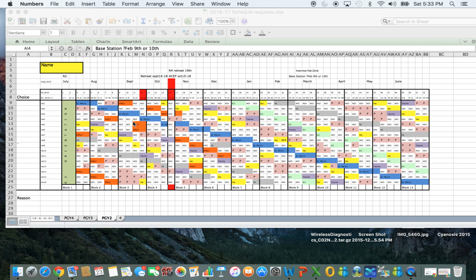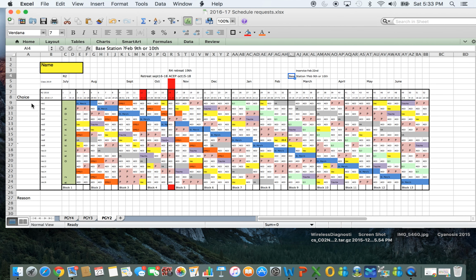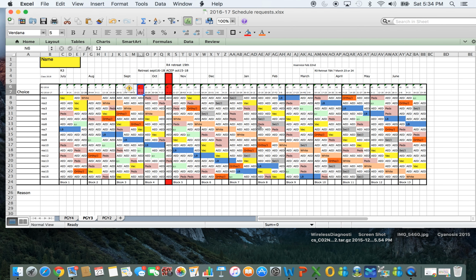So again, for the future junior residents, current interns, put your name up here, choose the blocks that you want. So if you want resident number 1, you'll start at St. Mary's, be in the adult ED, peds for a couple weeks, EMS, etc. This whole schedule would be resident number 1, then resident number 2, etc. There are a number of blocks that have vacations that coincide. So if you are planning trips with some of your colleagues, you want to look at which blocks have vacations that coincide.